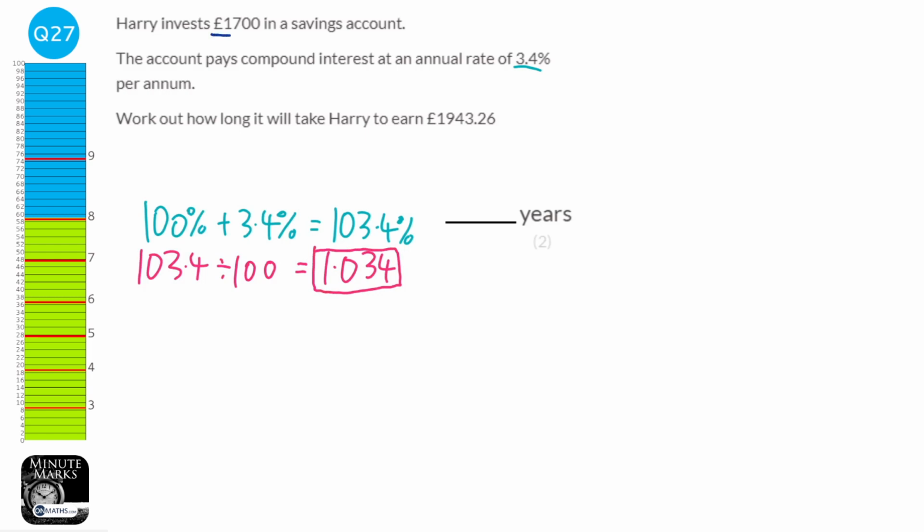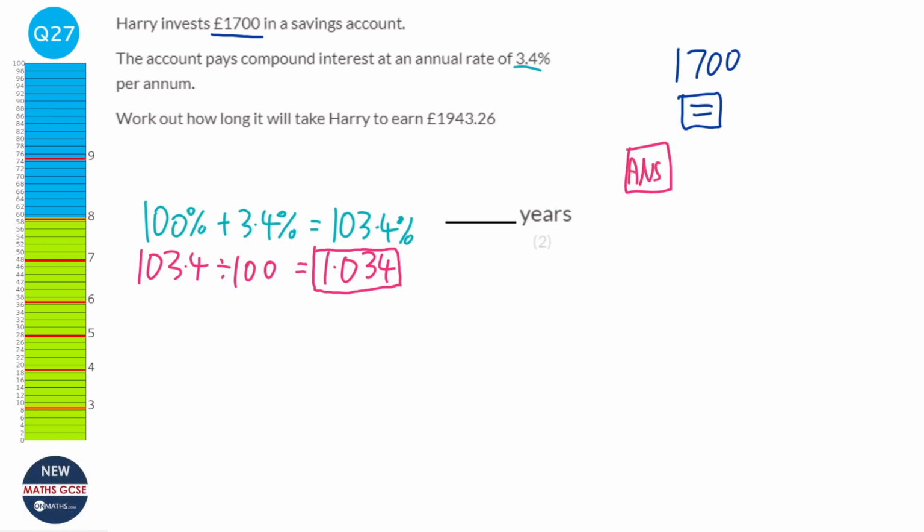So it says that we start off with 1,700. So what we're going to do is type in 1,700 into our calculator. Then we're going to press the equals button. And what that does is it stores the 1,700 in memory. Then every time we press the ANS button, it's going to remember what the current number is, and then times that by 1.034. So at the moment, the current number stored in memory is the 1,700, times by 1.034 will increase the 1,700 by 3.4%. Press it once, and it gives us